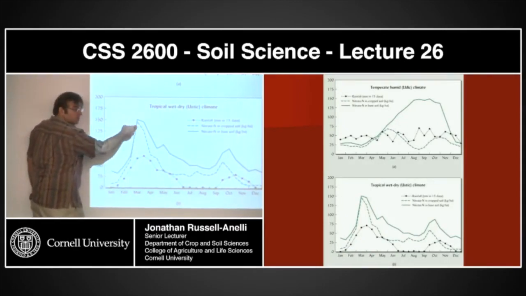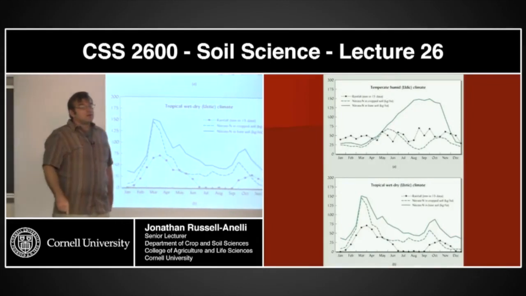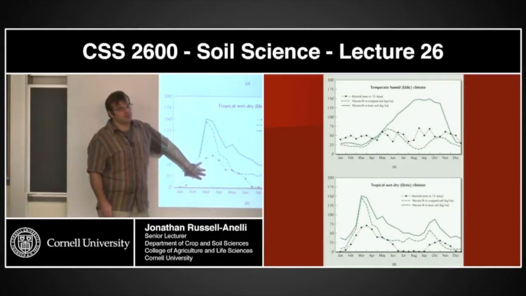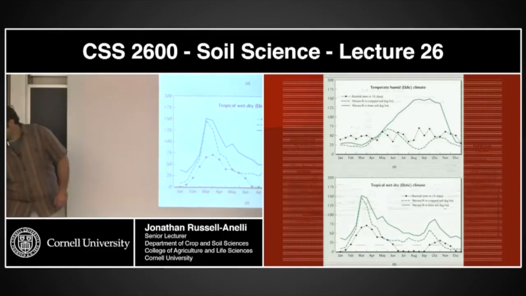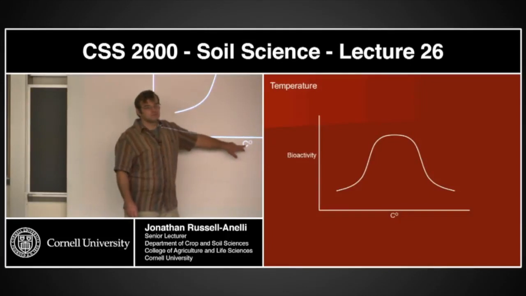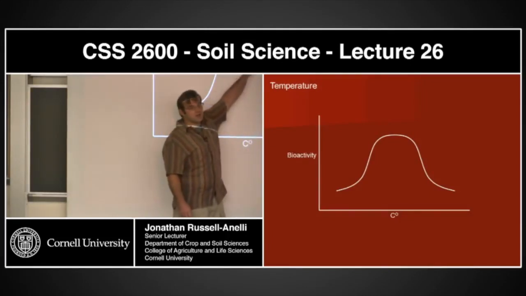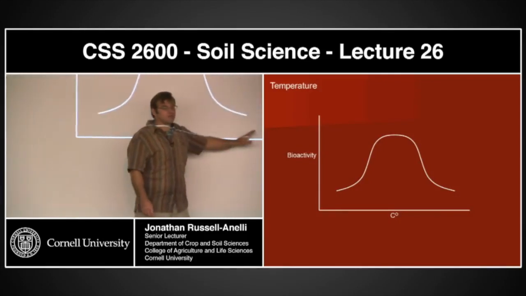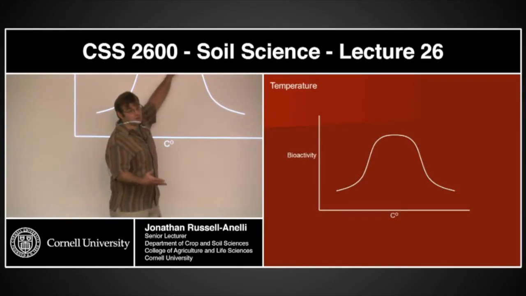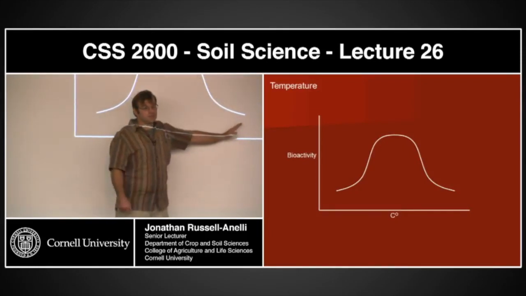What's going on here? So you said that in anaerobic zones denitrification is taking place. Right. So how could it possibly be that it goes up? Well, these systems are not necessarily saturated. I mean, we could use this curve, and I could change this to water. There has to be a certain amount of water to have biological activity. When it starts going down, we're starting to see anaerobic conditions. But here, it's not anaerobic. It just has a lot of water, but it's not so much that it's anaerobic.